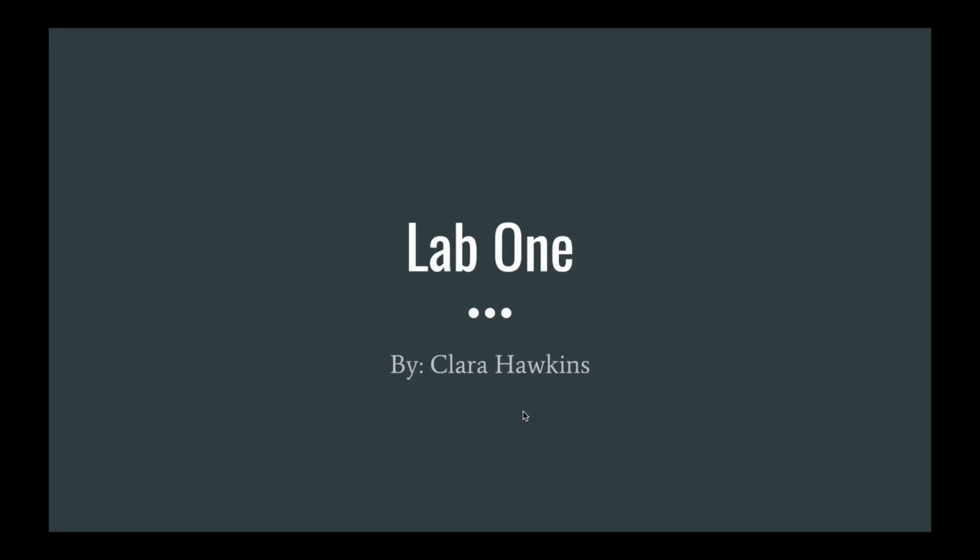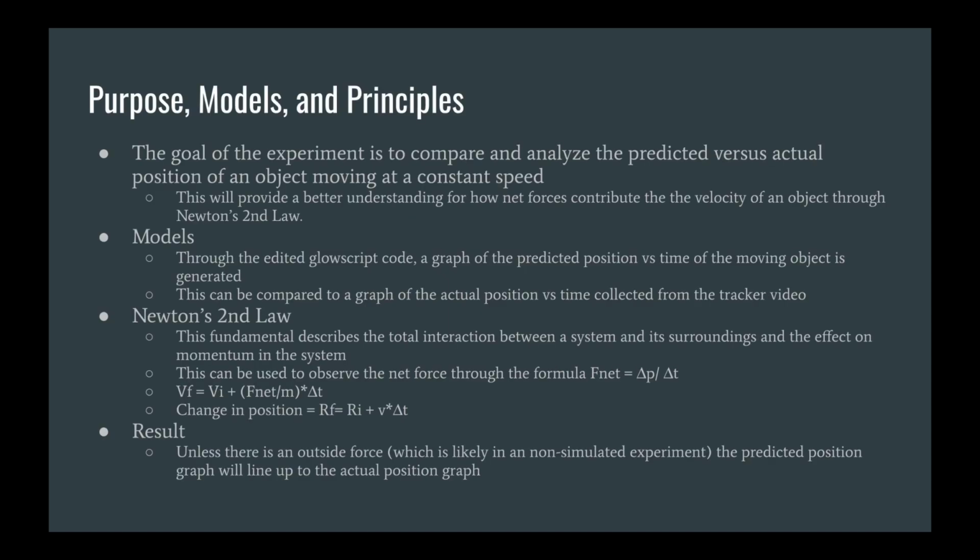Hi guys, my name is Clara Hawkins, and today I'm going to be walking you through my experiment of a ball rolling across a table at a constant velocity and how those results compare to a simulated version. Through this experiment, I wanted to be able to compare the real-life experiment to a computational model of a rolling object's velocity. In doing so, I learned the impact of net forces and the input they have on momentum and